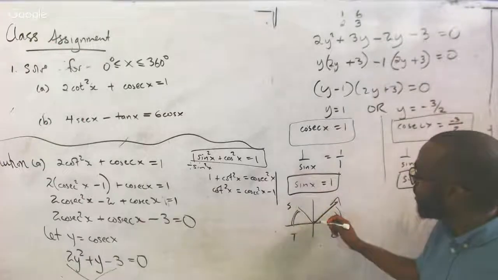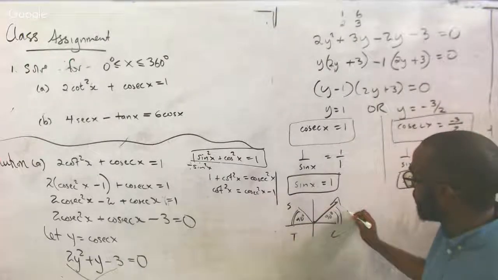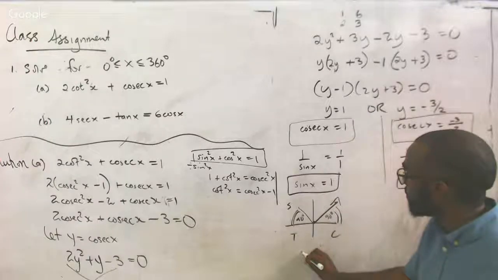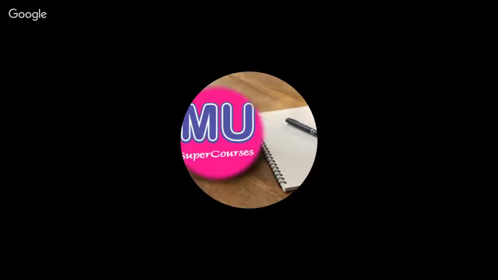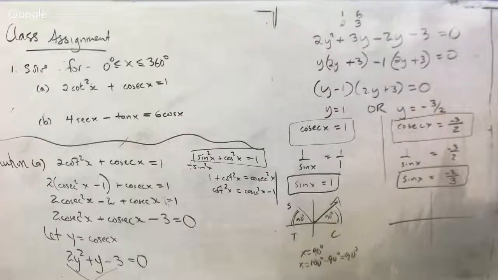Sine inverse of 1 is 90. Then this would have been x equal to alpha, which is 90, or x equal to 180 minus 90, which is 90 degrees. Or you can just use the graph and you get 90 degrees, right? Over here, this is clearly a quadrant system solution, CAST.